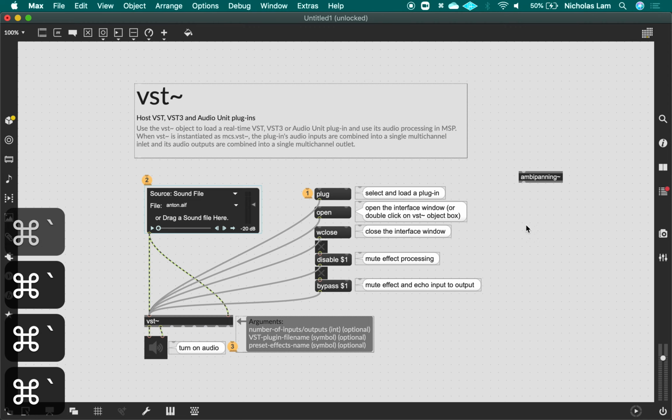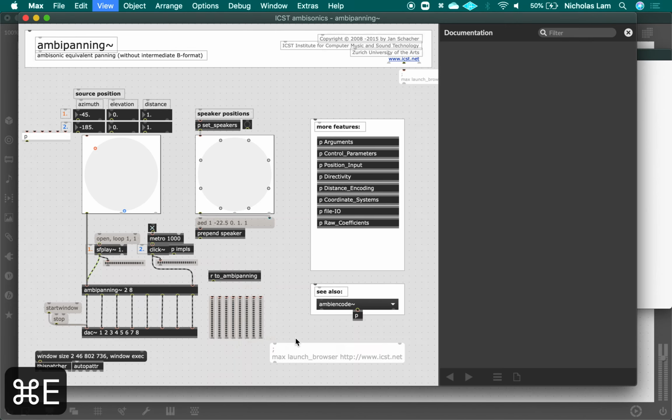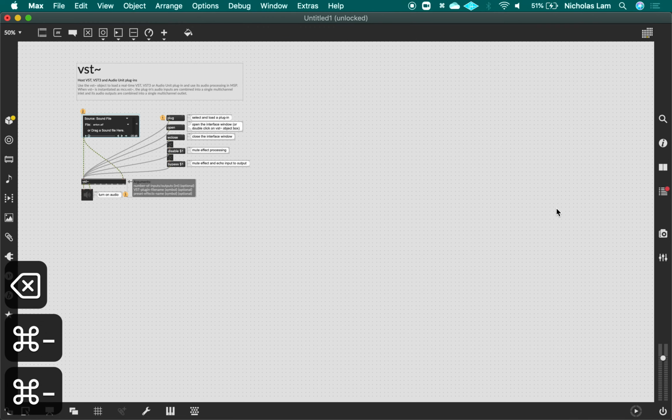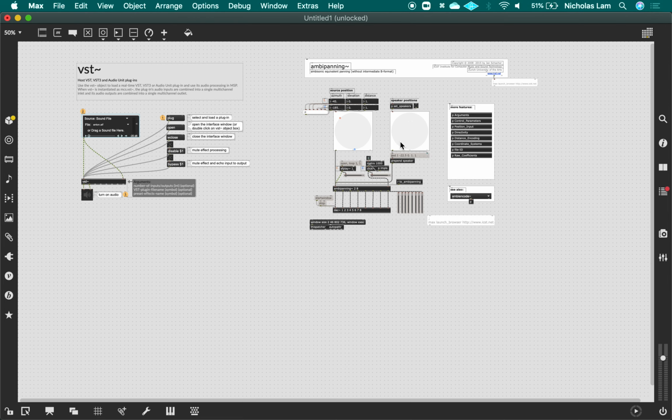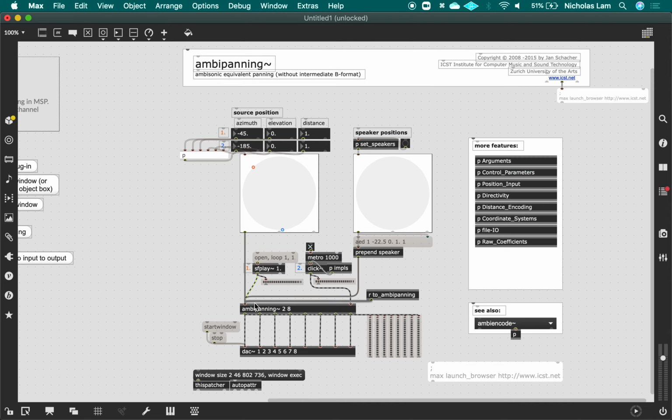Do I have any more Max windows open? Okay, no. So here's the Ambi Panner. Open that, and then Command E, Command A, Command C, Command W. So we've got this Ambi Panner thingy, and what it's doing is it's taking in this. It's doing its own thing, and we're positioning stuff here. So this is doing the positioning or the creation of the sound, and then it spits out, based on the number of outputs we have or the number of speakers we're saying we're going to use,